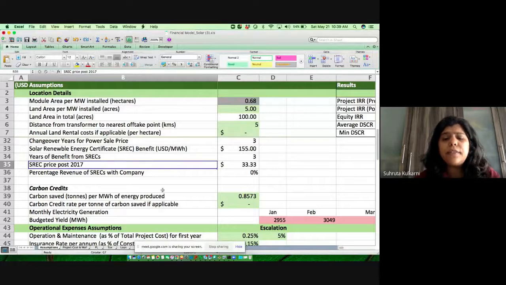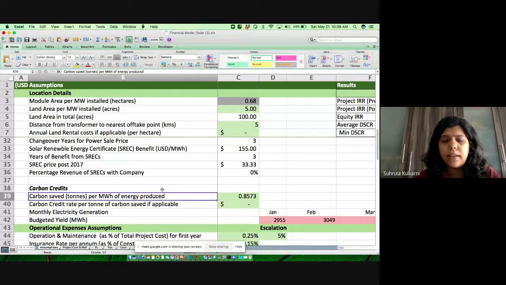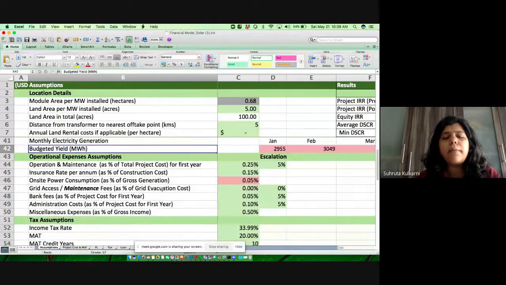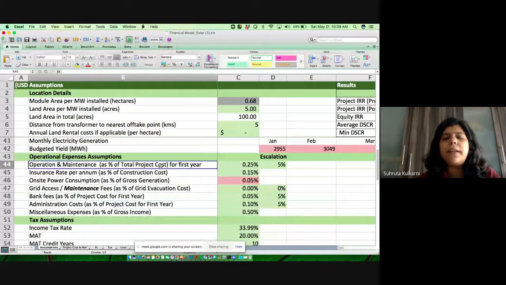Then another revenue stream for me was carbon credits, which is still there. So that is an additional revenue stream which I have built. Then there are my operational expenses. Some of the costs you might have: if I do a MOU with a vendor who is going to do the operations and maintenance for me, I would have it that if per year I'm going to spend 3 lakh rupees on O&M, then I can put that as a cost.